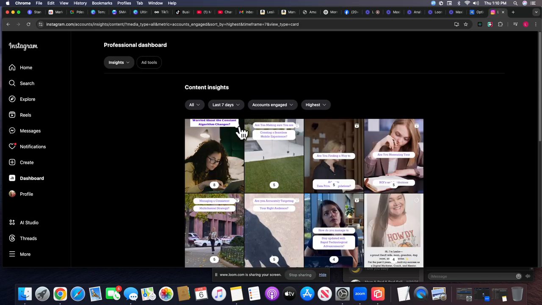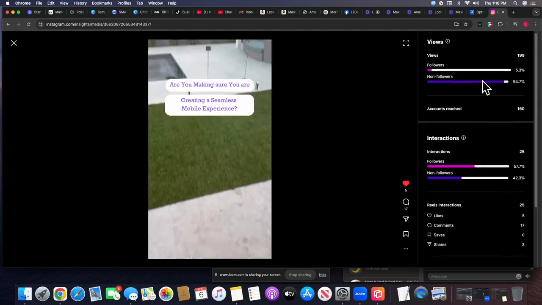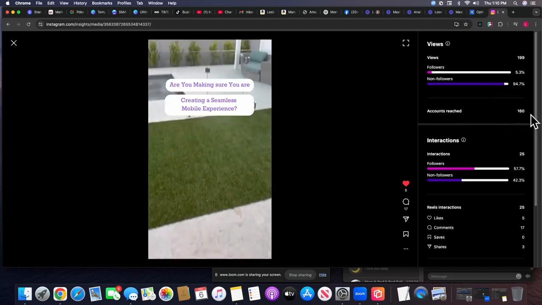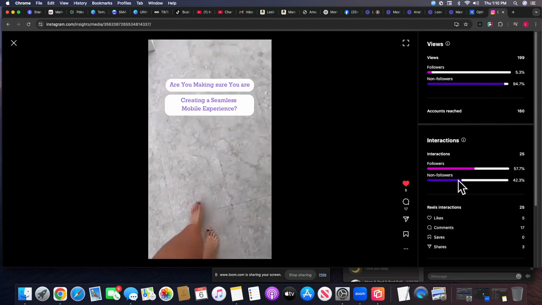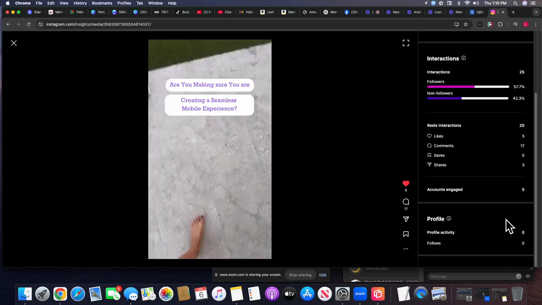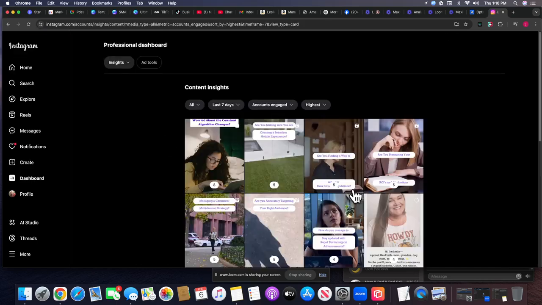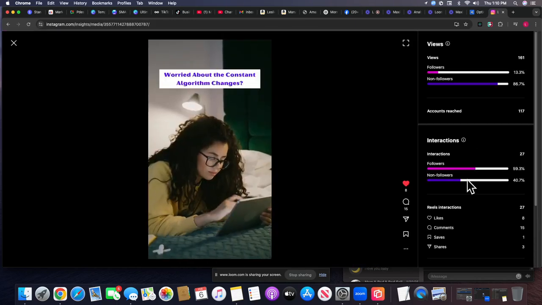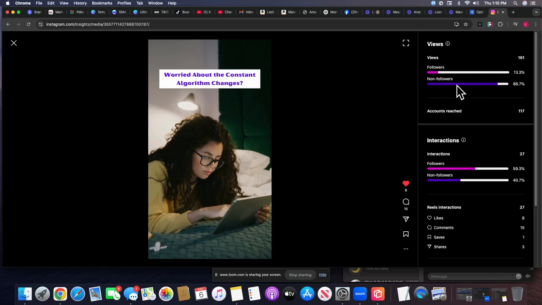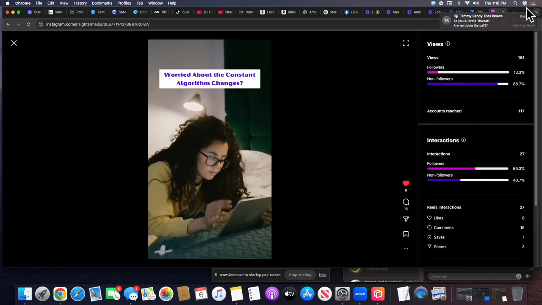So I'm going to check the last 7 days. Now here's what's cool about this. If you click on this number right here, look at what it shows you. First, the accounts that I reached, my followers, my non-followers, my likes and interactions, and my saves, right? That's a big deal. It gives you the ability to see what's changed. This one there was 8. This one was a bunch of non-followers that viewed it. The interactions were followers.